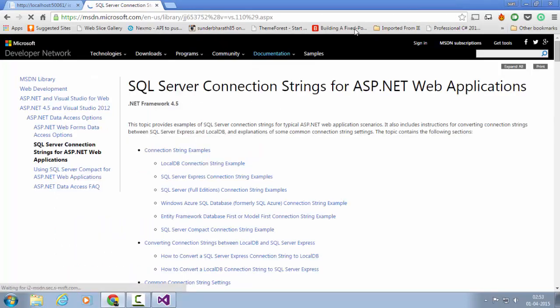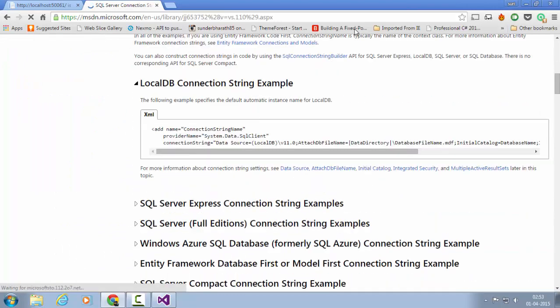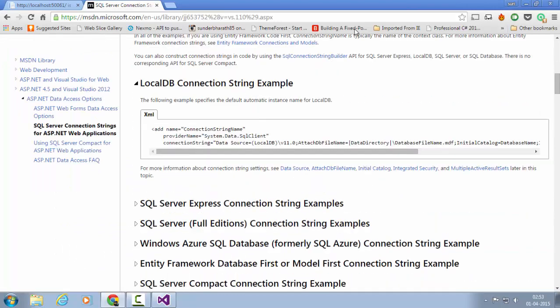As simple as that. See, so attachment data directory and slash. So can I just copy that